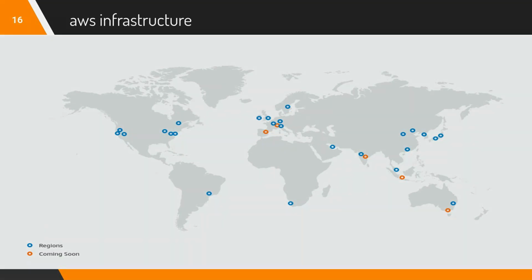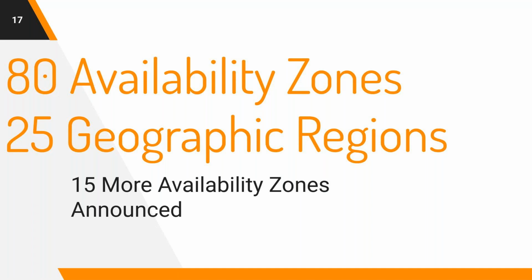Okay, next one. As I said, there are about 20 availability zones. An availability zone is nothing but a collection of data centers in one place, like in Uppal. Let's say you have a collection of data centers called an availability zone in Uppal, and you have another one in Medchal, another one in Patancheru. That becomes a region. There are 25 such regions. And 15 more availability zones have been announced within the existing geographic regions. They are going to add more availability zones, more compute power, more storage power. That's the AWS capacity.